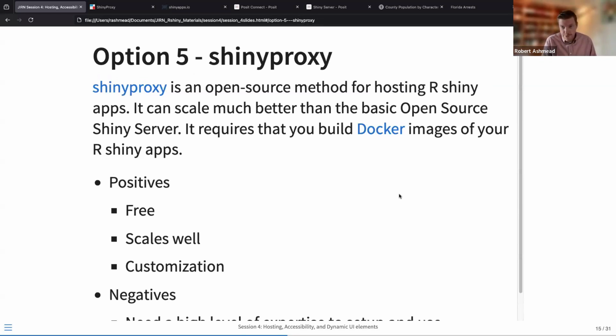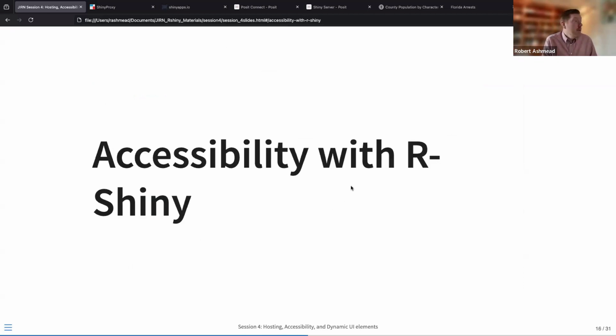Any questions about those different options, or anything else to highlight there? Does anyone currently have a setup to host Shiny dashboards? I'm wondering. Well, if you have questions, feel free to reach out on those different options. Okay, well, okay. So if there's not any other questions about hosting, we can move on to our next topic for today,